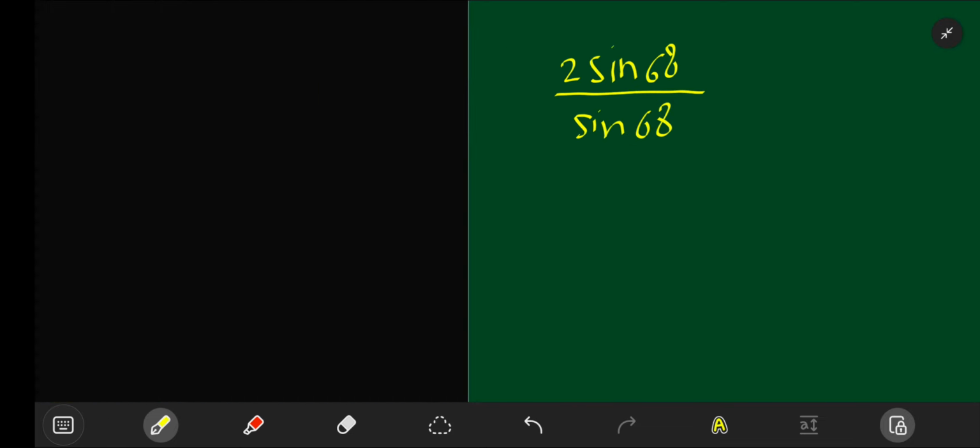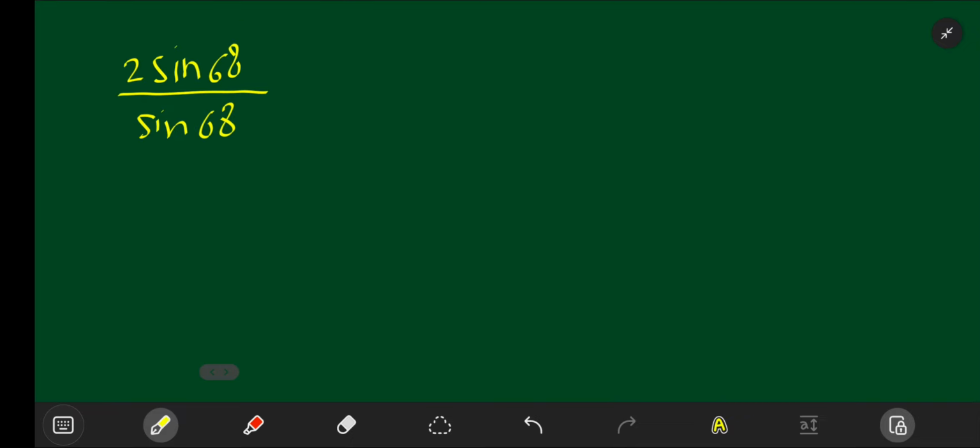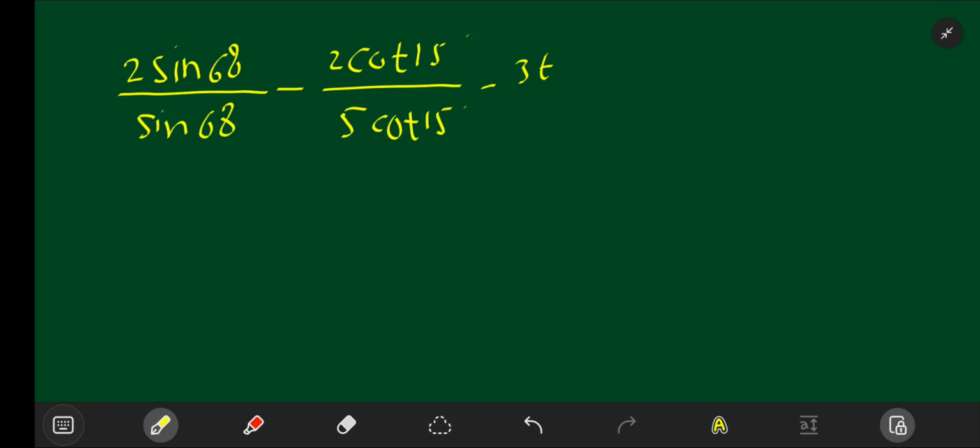Their space is not enough, so I will take the next slide. 2 sin 68 degrees divided by sin 68 degrees, minus 2 cot 15 degrees divided by 5 cot 15 degrees, minus 3 tan 20